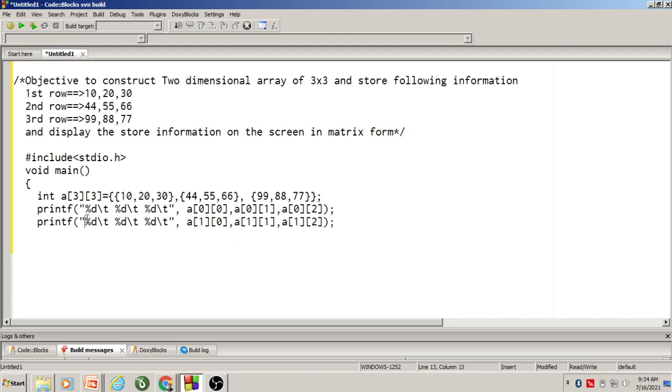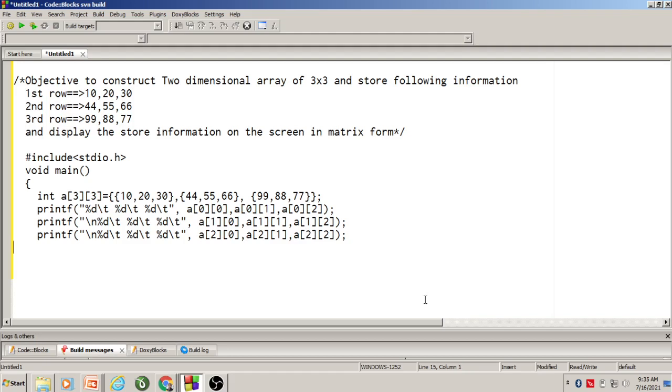I put a \n, and next I try to access the values present in the third row. The third row is represented by 2: third row first column, third row second column, third row third column.